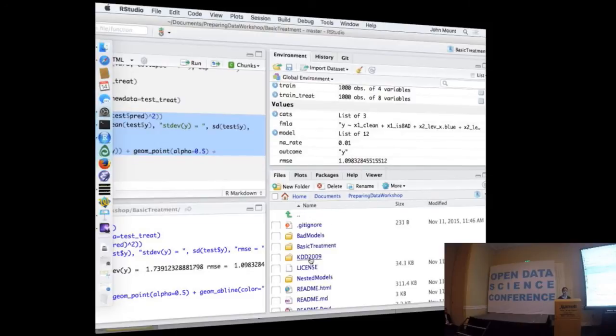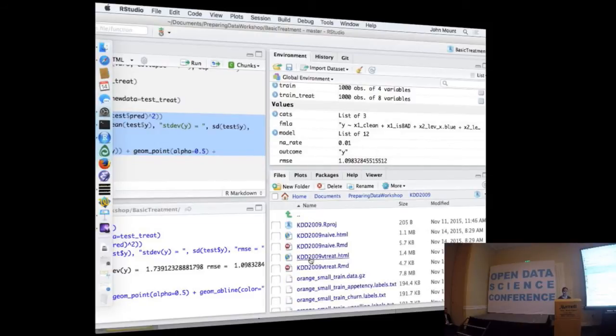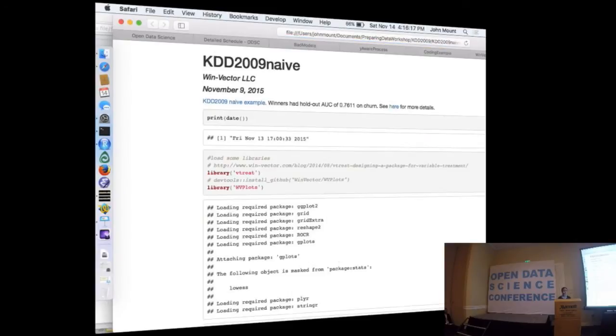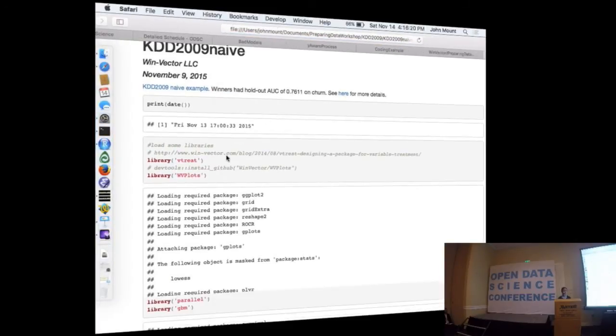We can run it on KDD 2009. And I'm not going to, like I said, show you the whole run because it's going to take a little long. But just to show you what the data looks like. The data is about